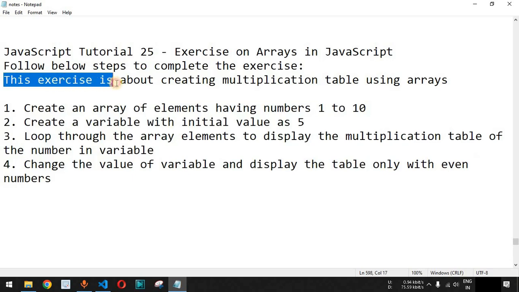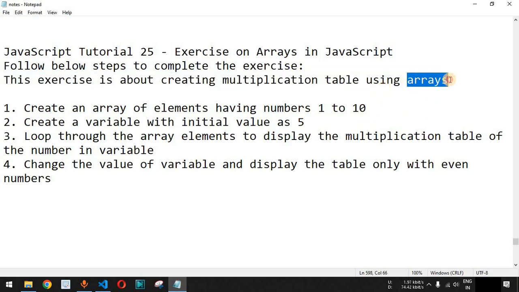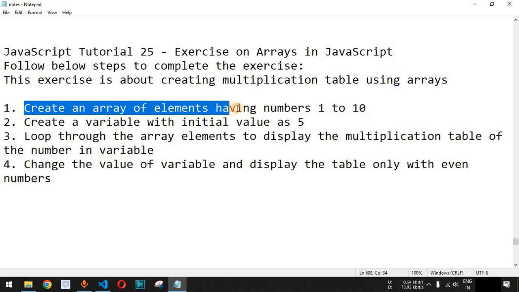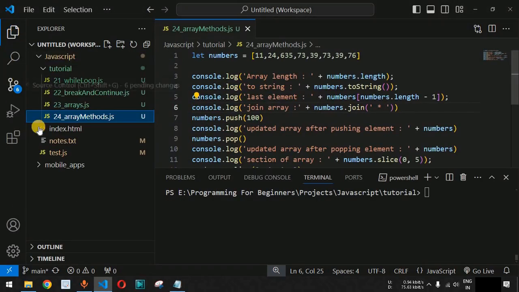So this particular exercise is about creating the multiplication table using arrays. We can also do it by using the while loop or the for loop as well, but we want to make use of the arrays in JavaScript in order to complete this exercise. So guys, first of all, you need to create an array of elements having numbers from 1 to 10. So guys, let us move to the VS Code over here, and what we will do is simply I'm